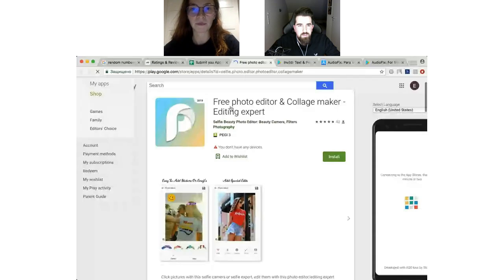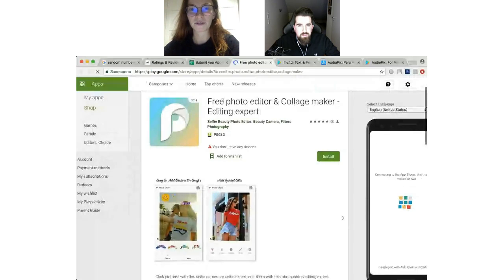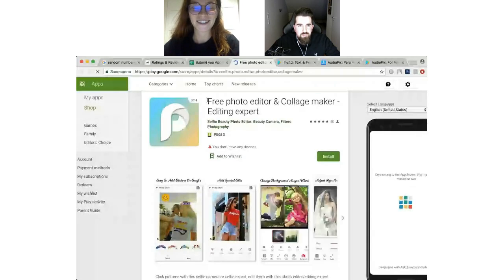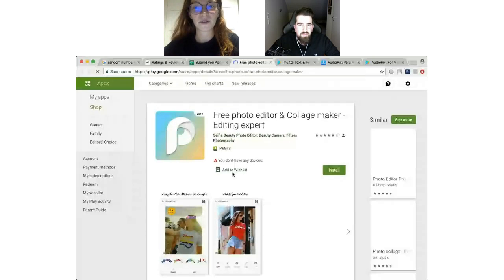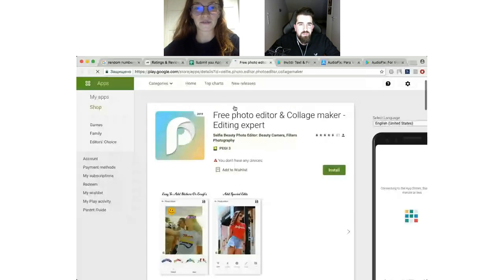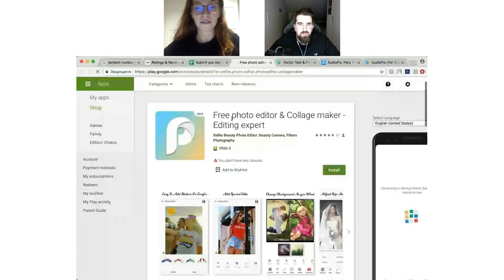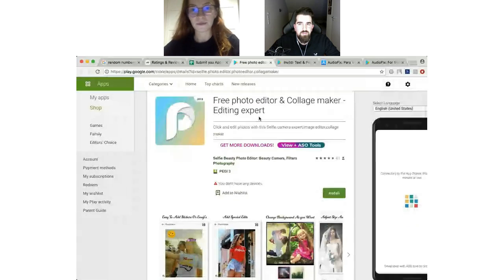Very good app name. It's also using the free keyword. Actually, for those who didn't know, the free keyword is banned by App Store, so never try to use it there because your app will be rejected with this update. Google still allows this, but also be careful about this.